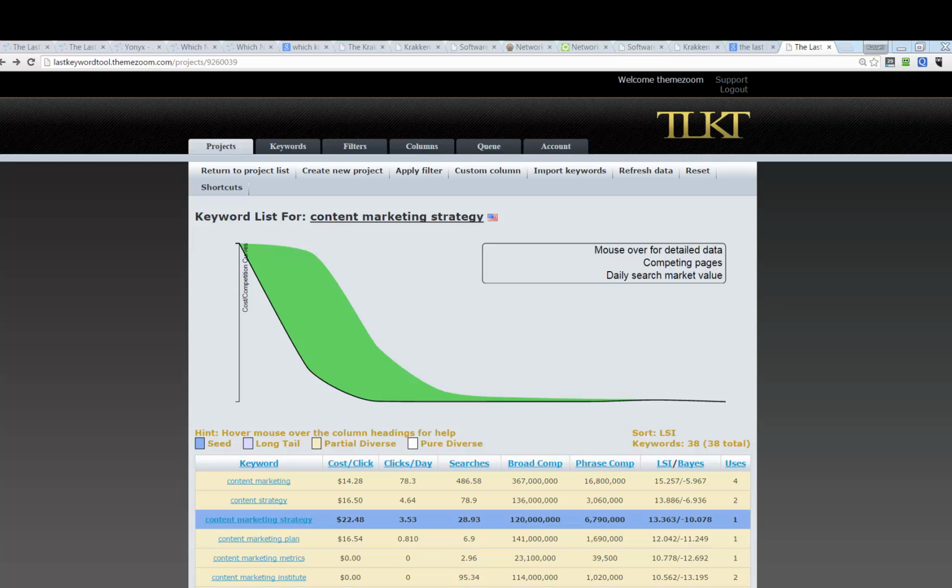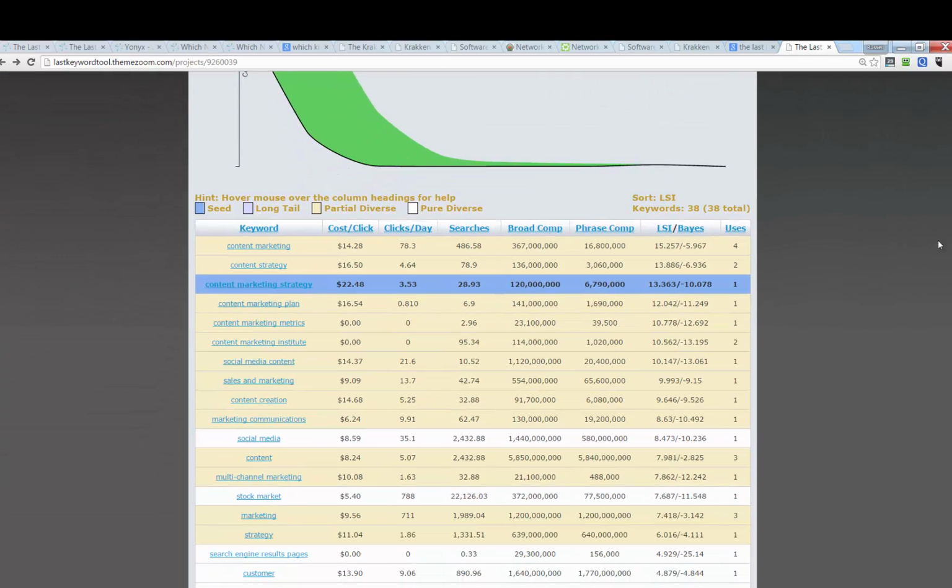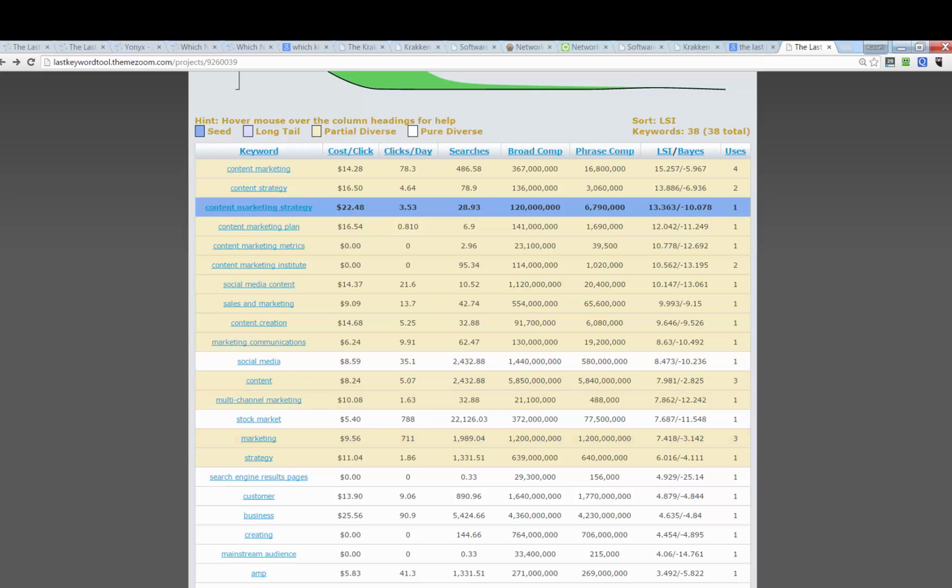The last keyword tool is one of the most ideal tools within the arsenal of Network Empire software tools to use for on-page SEO optimization, primarily because we have LSI keyword terms, which you can see in the right column, and all of this is covered in some of our advanced training and basic training. LSI and Bayes algorithms make sure that when used properly, you don't over-optimize your keywords either on page or in